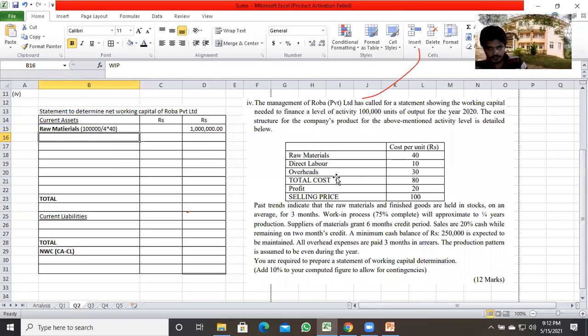WIPs, work in process. Work in process in the sense, ඔහොම finished goods දාන්නත් පුළුවන්. අර raw material දැම්ම නිසා finished goods අගට දාන්න. අපි WIPs හදමු, පිළිවෙලට එතකොට තියෙන නිසා. WIPs, 75% complete. 75% complete. That means